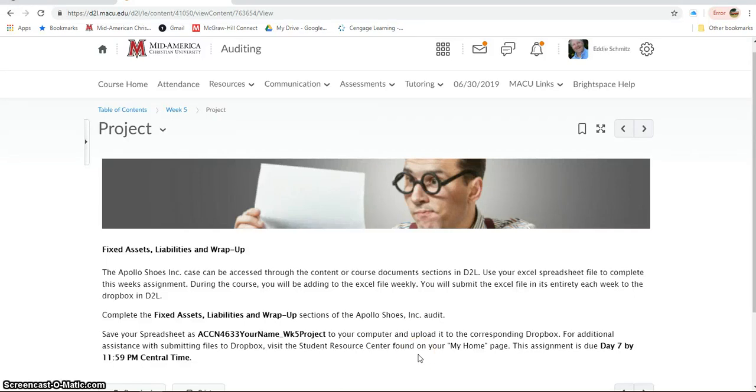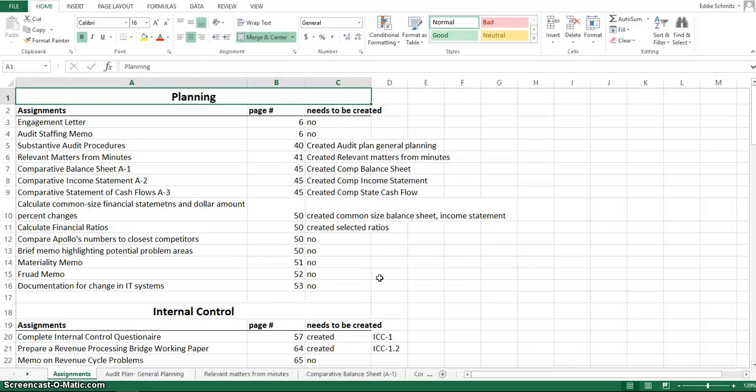I'd like to spend a little time looking at the week 5 assignment for our project with Apollo Shoes. And here it is in D2L, and you can see we're going to be doing fixed assets, liabilities, and then the wrap-up section. And this is a fairly substantial section, so just be prepared. So looking at our Excel file that we downloaded at the beginning of this project, and this